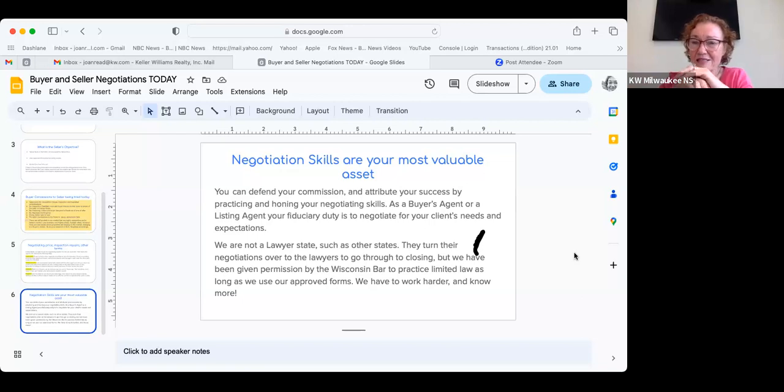And this last slide, which I'm so fervently behind, is that negotiation is the one true skill that you should be paid for. The better you are as a negotiator, the better value you are as a real estate agent. And it's something that you can practice, you can hone your skills in negotiating. As I said, if you ever see any kind of a WRA or a Keller Williams course being offered on negotiating, take it. Because the better you are at negotiating, the better real estate professional you will be in representing your clients.